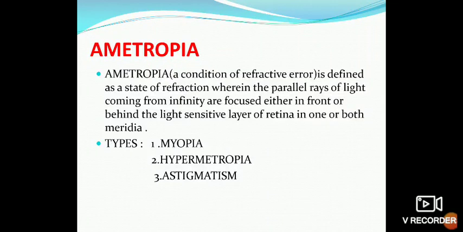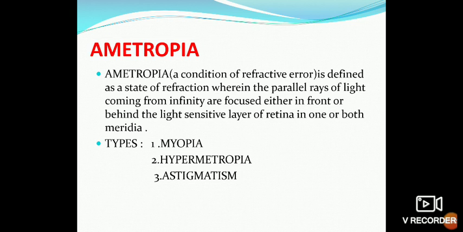Hello. So in the last lecture we have seen the nature of light, its various properties, then what is a convex mirror, concave mirror, various types of lenses, total internal reflection, and how refraction occurs through the prism. All these we have seen, and then we have seen the refractive elements of the eye: the cornea, anterior chamber, lens,